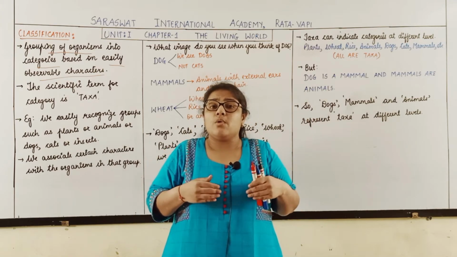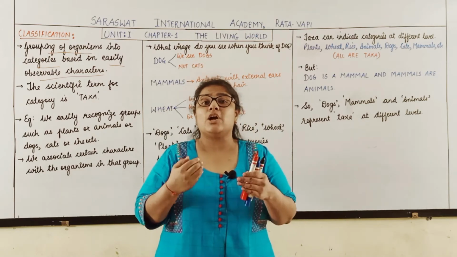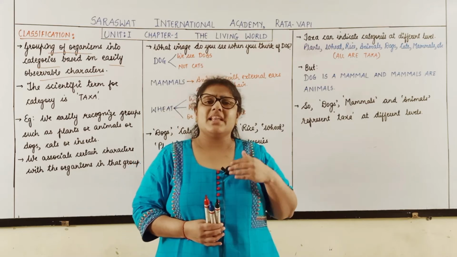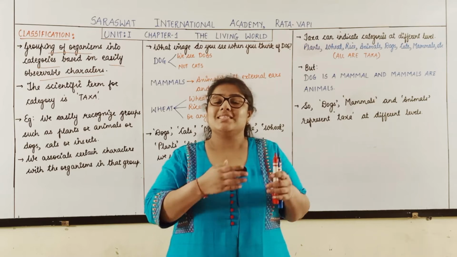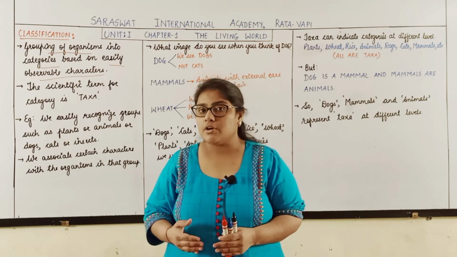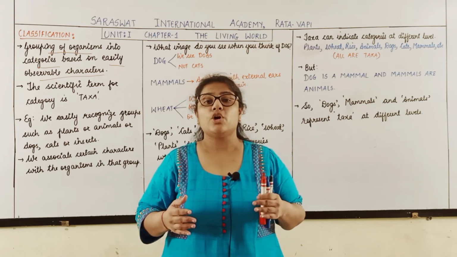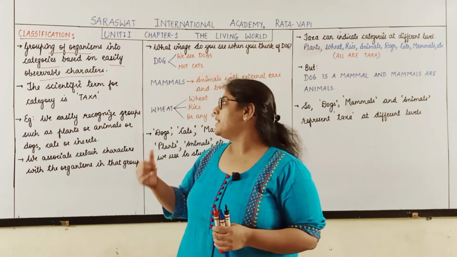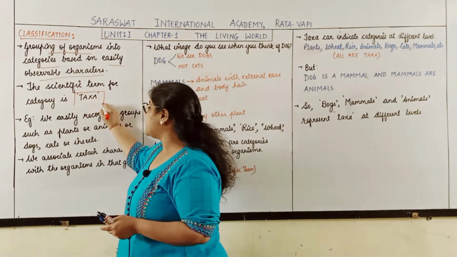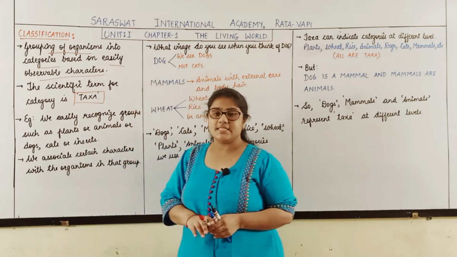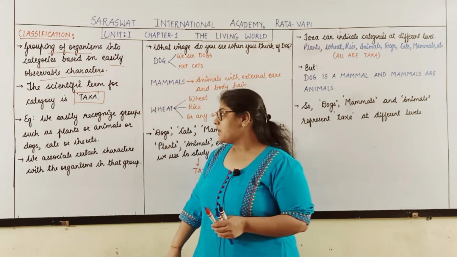So I have categorized the organisms based on their easily observable characters, the characters which are easily seen through the naked eyes. So students, that method of grouping organisms into various categories based on easily observable characters is called classification. And students, the scientific name of that category is called taxa. So taxa is the scientific name for the category. Now students,